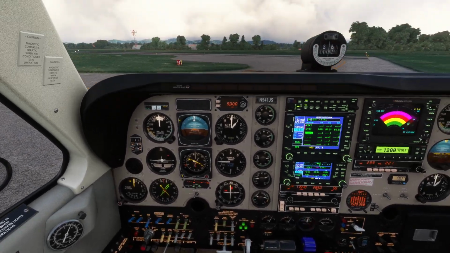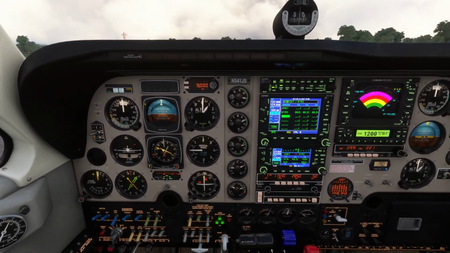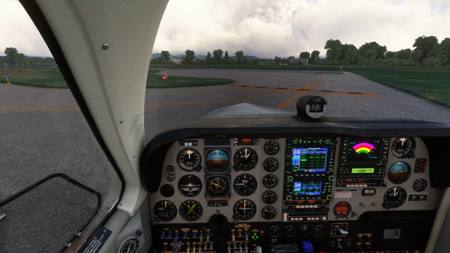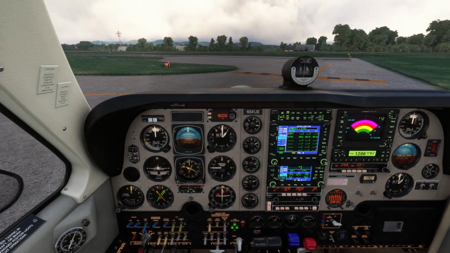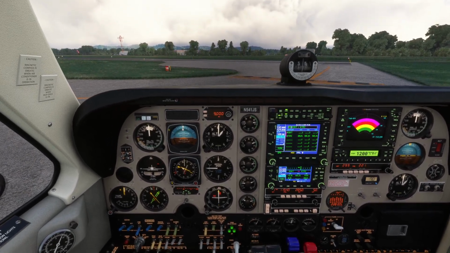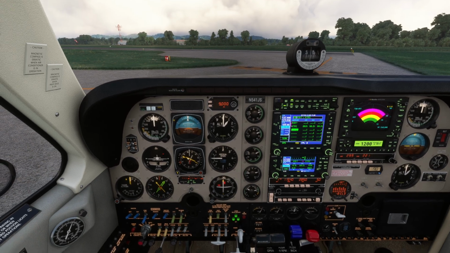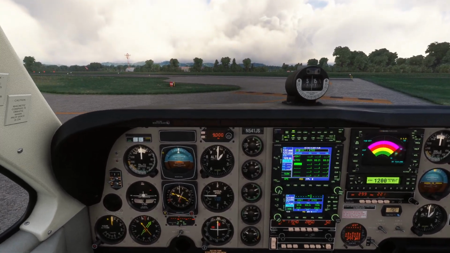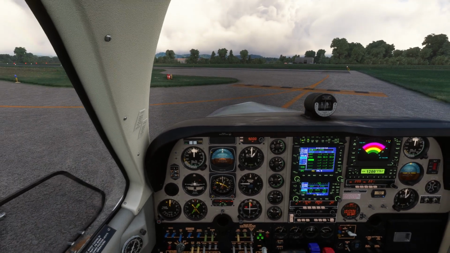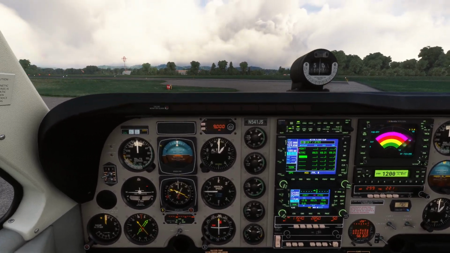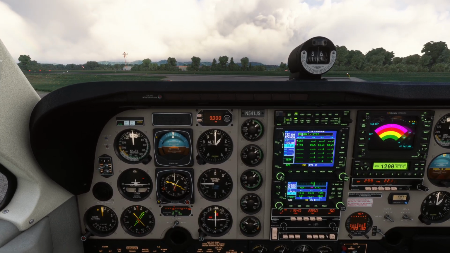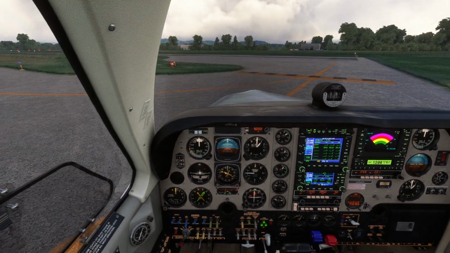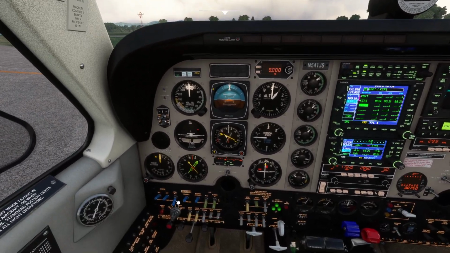Seems to be working, 108 knots. We'll enrich that. Lower the power. Put the magneto back on both. And we're going to pull the RPMs down to about 1,700. And we'll go ahead and check the